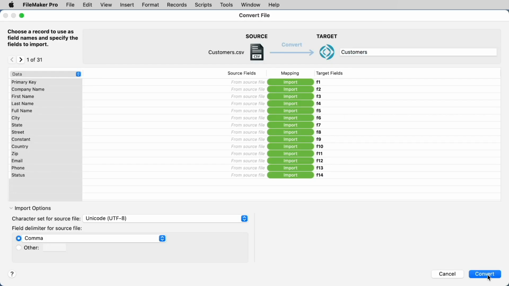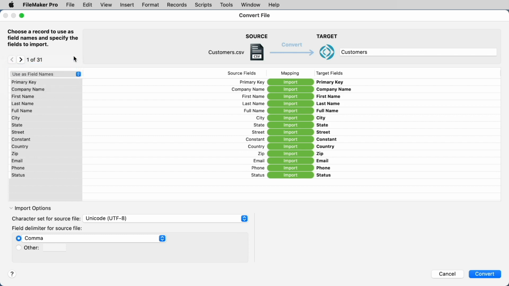And after a very quick conversion, you're presented with the Convert File dialog box, allowing you to choose which fields you want to convert from your source file. Now, if a record in the source file you're importing contains field names or column headers, like this one does, you can use the arrow button to navigate to that record, and then you'll choose the Use as Field Names option from the dropdown. Then only the subsequent records will be available for importing, and then the values from the fields in the record that you designated as field names will show up as the field names in the target